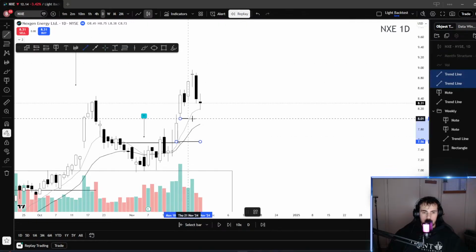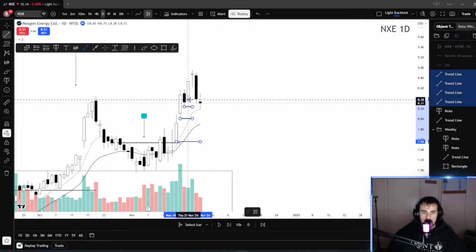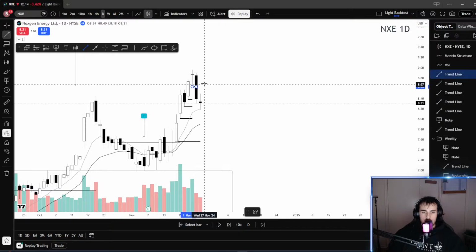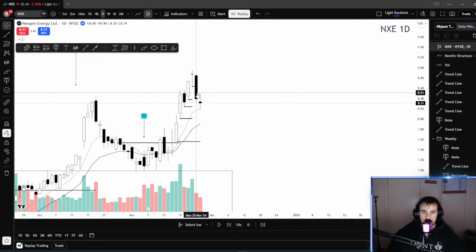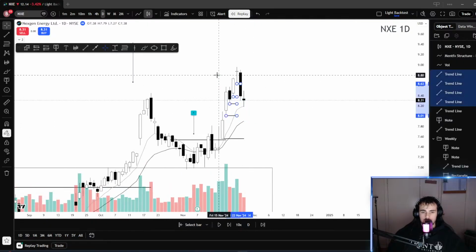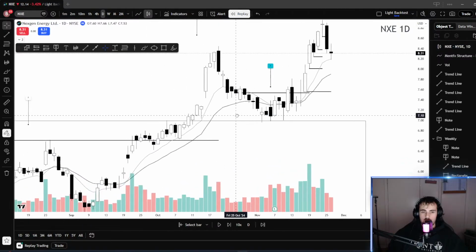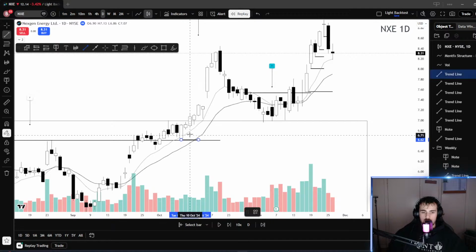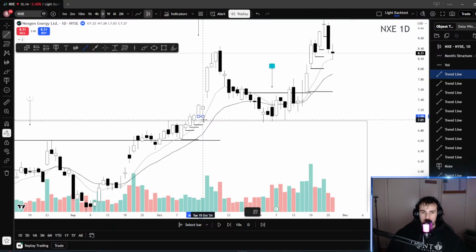The candle lows keep increasing, but when a pullback happens, you'll see that the low of the previous candle gets taken. So that's how I know a pullback is happening, right? You can see the same thing over here. So you have increasing lows, increasing lows, increasing lows, increasing lows. And then this right here,